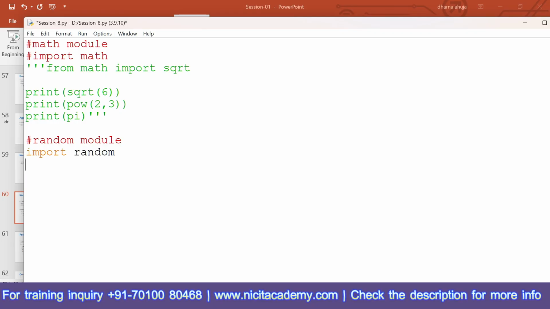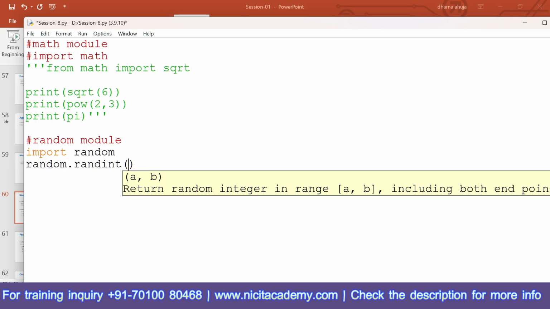Now let's suppose I want to generate some integer numbers between 5 to 10. So I can write random.randint. So this will take range 5, 10, means starting from 5 till 10. So 10 will also be included over here. So it will generate a random integer number between 5 to 10.